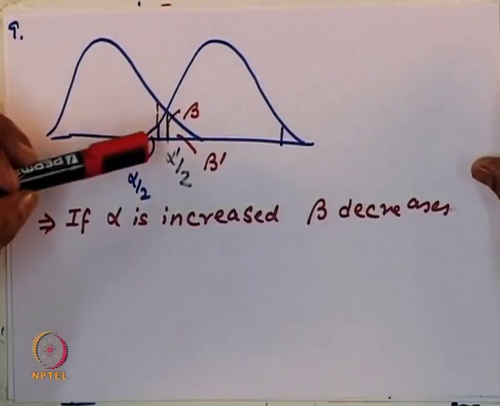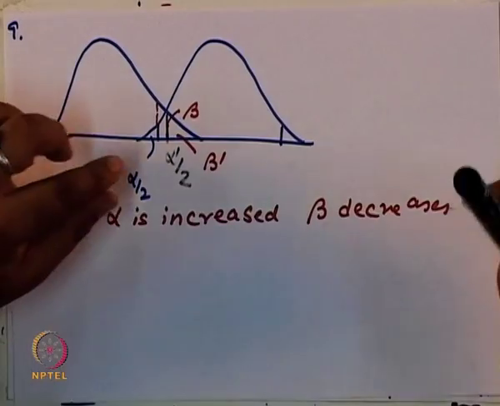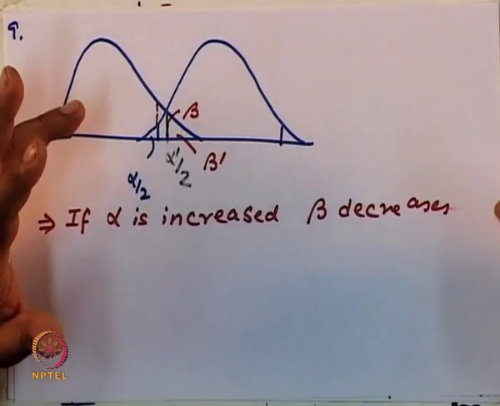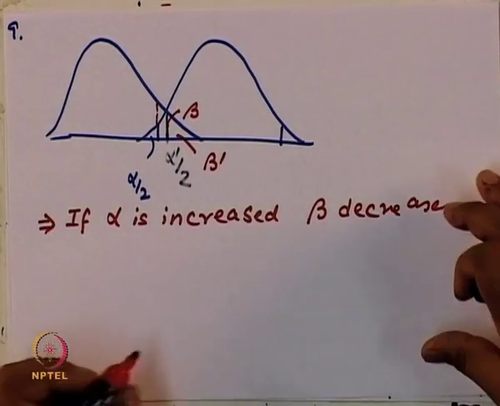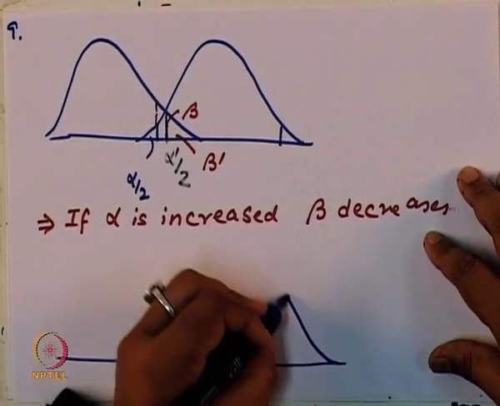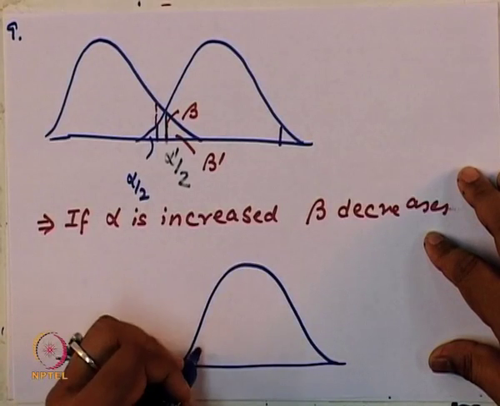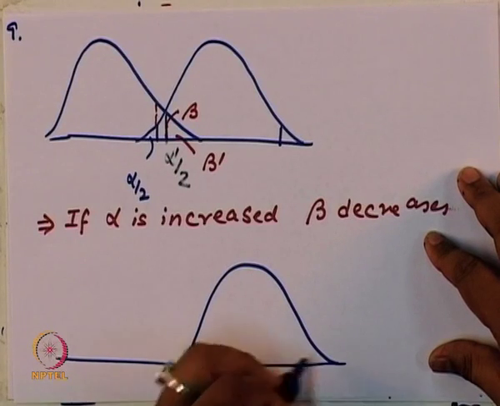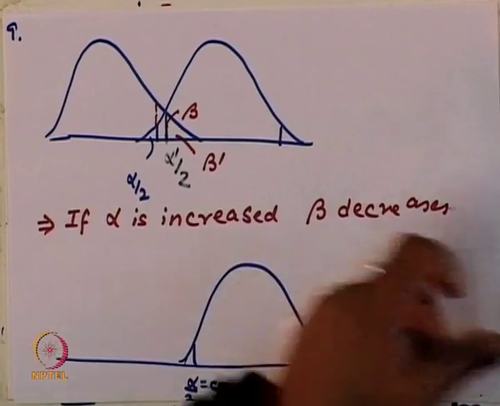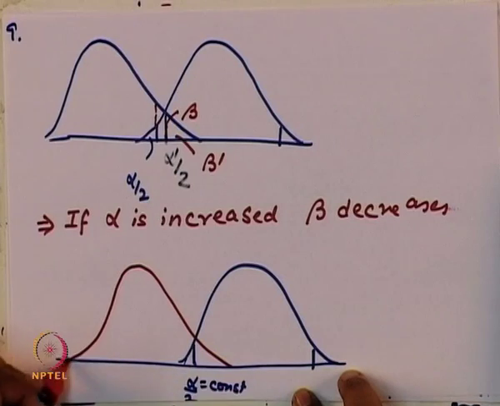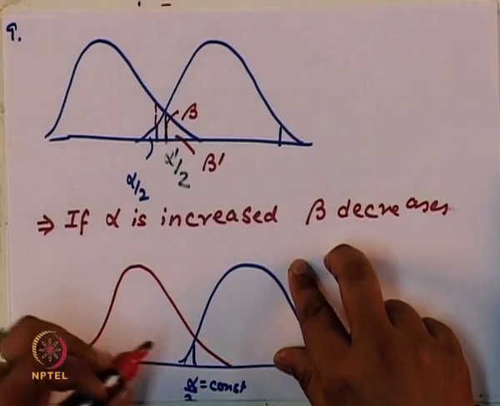But if you want to keep your alpha constant, what should be the strategy for decreasing beta? You want to decrease both alpha and beta. So if this is my curve for alpha, imagine I want to keep alpha fixed. Alpha is constant. So this is alpha by 2. This is constant. So I can draw a curve which is this one, or I can draw a curve